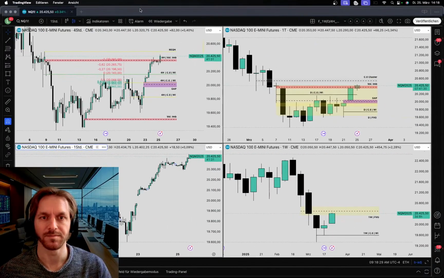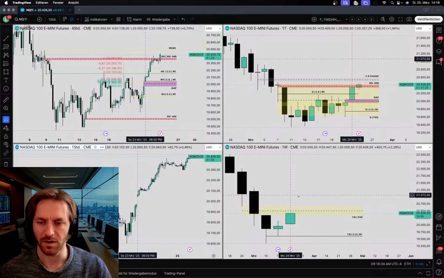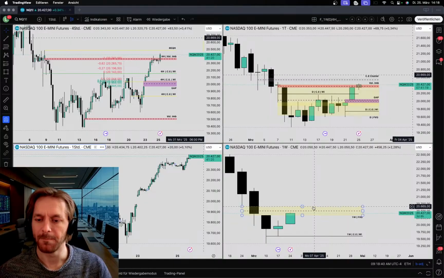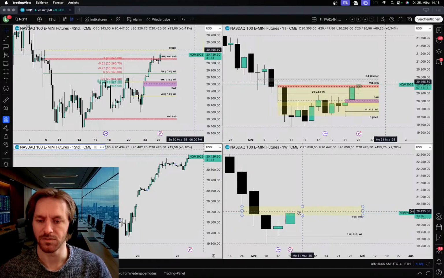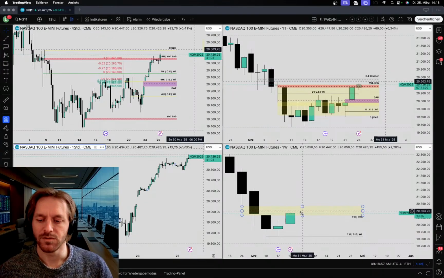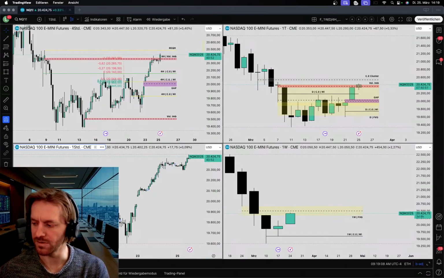Let's start with the weekly chart. We do have, in fact, a level of resistance, quote unquote, here. I would permit price to go to the midpoint of it, but I do not want to see price go above. It could close it completely, but I would rather like to see it fall short at or at least around the midpoint of this level.